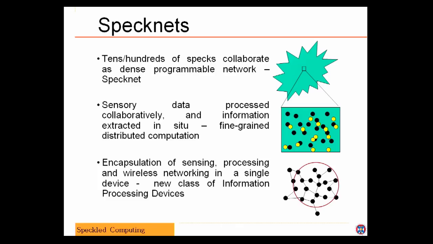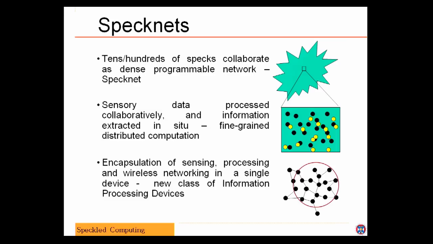What you have here is that each of these specs senses the data and processes the data locally, so you have partial results, and then it shares these results with its neighbors in order to solve a much larger problem. The idea here is to extract information from the raw data that you have, and to do it in situ, at the edges. And this might involve actually performing some actuation. That is, you sense, you process the data, and then you act on the data. And you'll see some examples of this in the future.